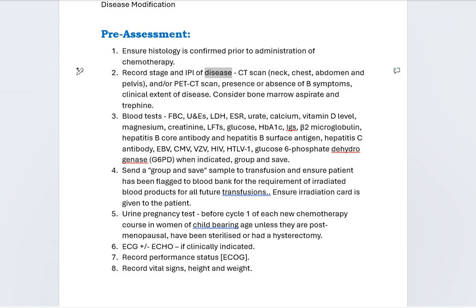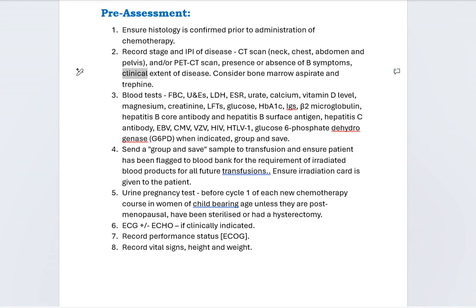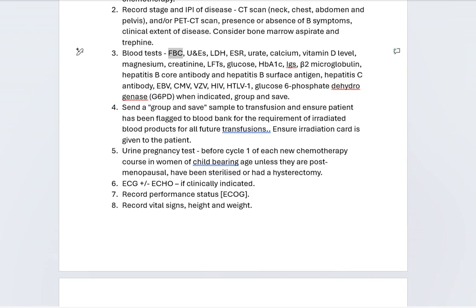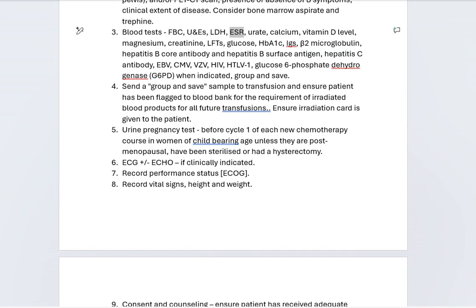Record stage and IPI of disease. CT scan of neck, chest, abdomen and pelvis, and/or PET-CT scan. Presence or absence of B symptoms, clinical extent of disease. Consider bone marrow aspirate and trephine. Blood tests: FBC, U&Es, LDH, ESR, urate, calcium, vitamin D level, magnesium, creatinine, LFTs, glucose, HbA1c, IgG, beta-2 microglobulin, hepatitis B core antibody and hepatitis B surface antigen, hepatitis C antibody, EBV, CMV, VZV, HIV, HTLV1, glucose-6-phosphate dehydrogenase, G6PD, when